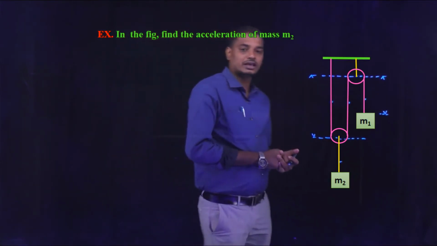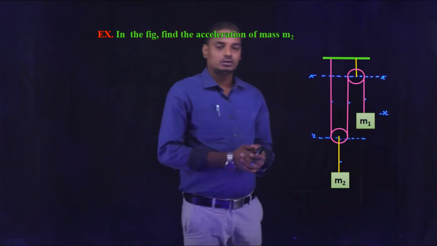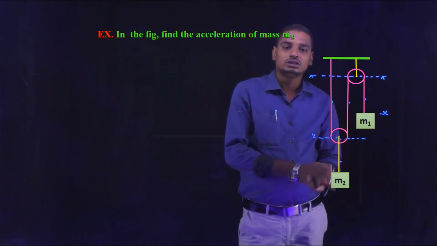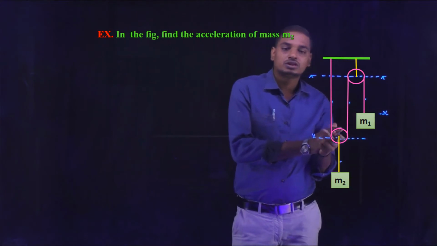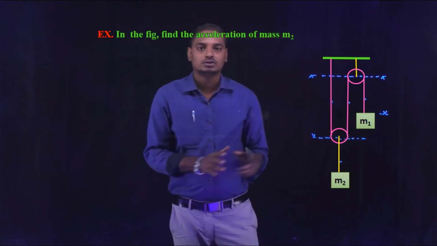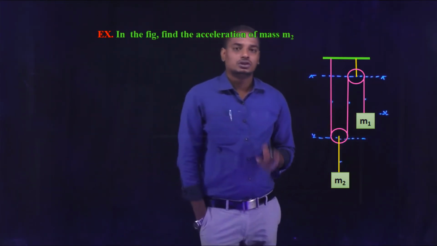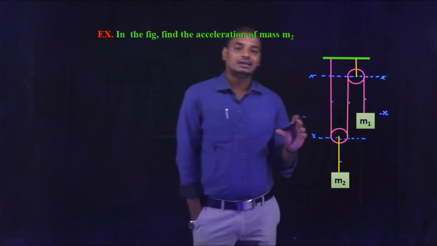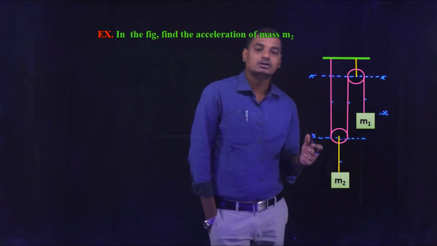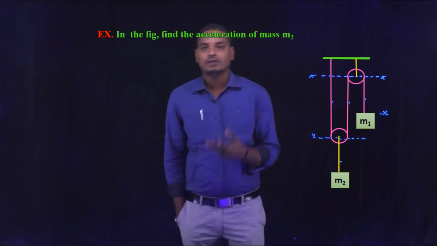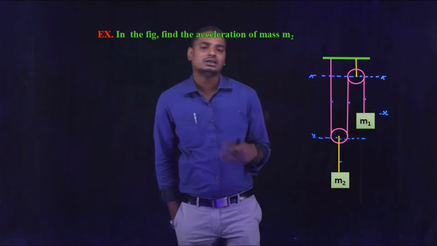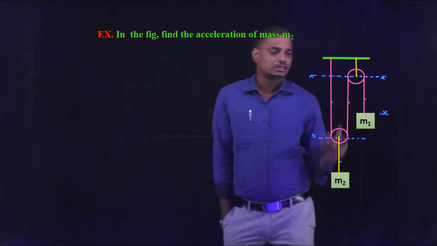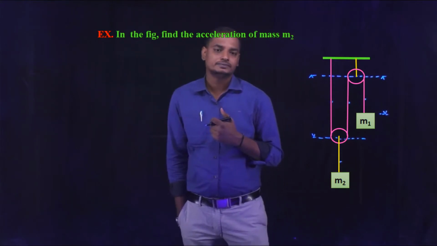So this is the diagram. Here the motion of the block m2 is also dependent on the motion of the block of mass m1, so it is a constrained motion. In constrained motion, first we calculate the length of the strings, then we find the relation between velocities and then the relation between accelerations, and then we can find the acceleration of the block of mass m2 as well as the block of mass m1.